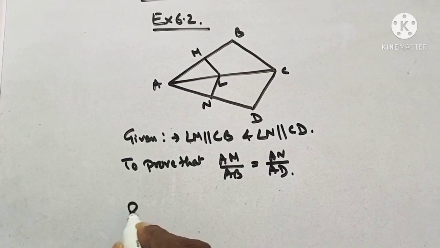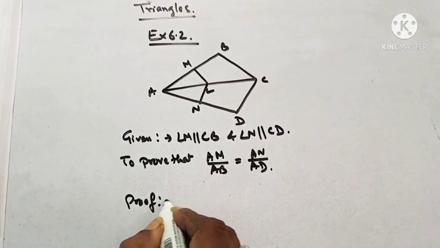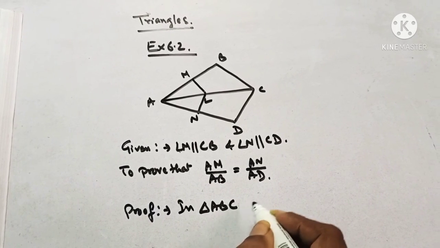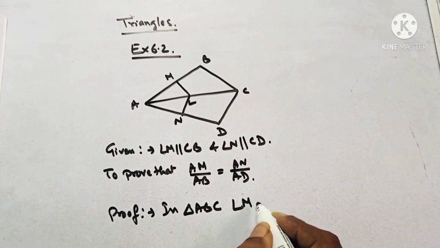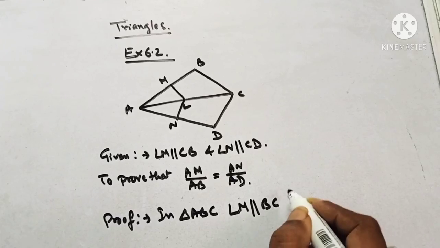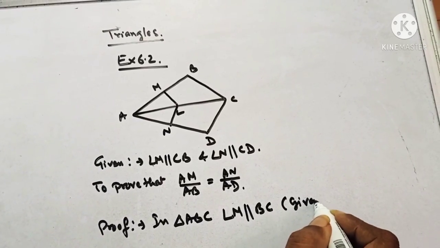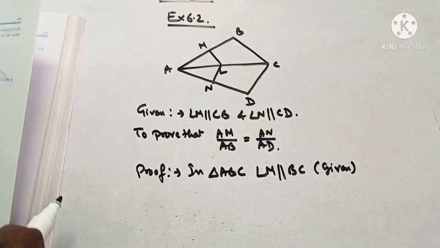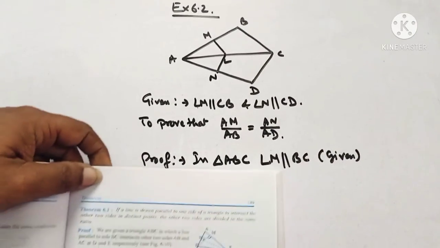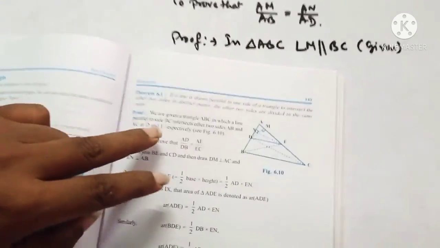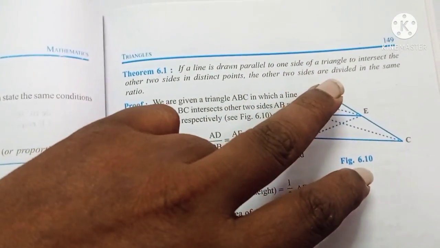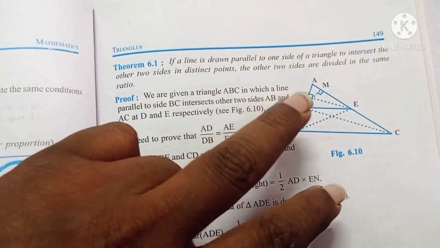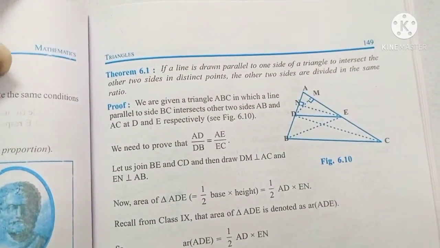So proof. In triangle ABC, your LM is parallel to BC. This is given to you. So from theorem 6.1: if a line is drawn parallel to one side of a triangle to intersect the other two sides in distinct points, the other two sides are divided in the same ratio. From this theorem,